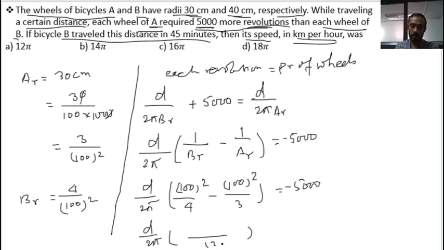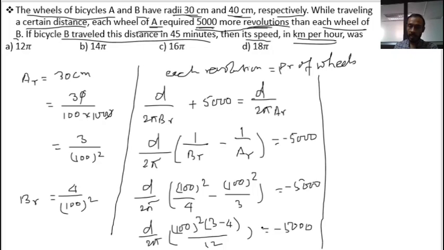LCM will be 12. So this is 4, this is 3, and take also 100 square common. So what we will get here is 3 minus 4, that is equal to minus 5000. So 3 minus 4 is minus 1, minus minus will cancel out, and we'll get 5000 is equal to